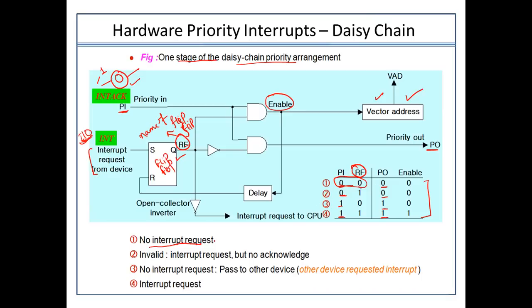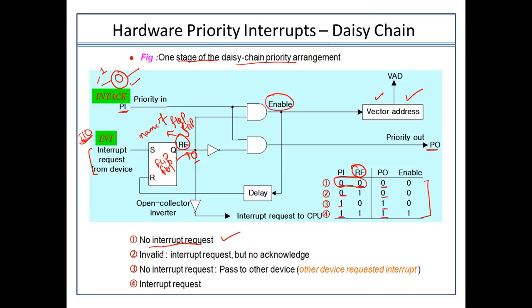So this is having no interrupt request being generated. Even if the RF value is 0, it means nothing has been done till now. Because RF will be depicting the result based on some values, like an interrupt request from any device. So if no request has been sent by any of the devices and this acknowledgement signal is also not working, then definitely it simply means that no interrupt request has been sent.